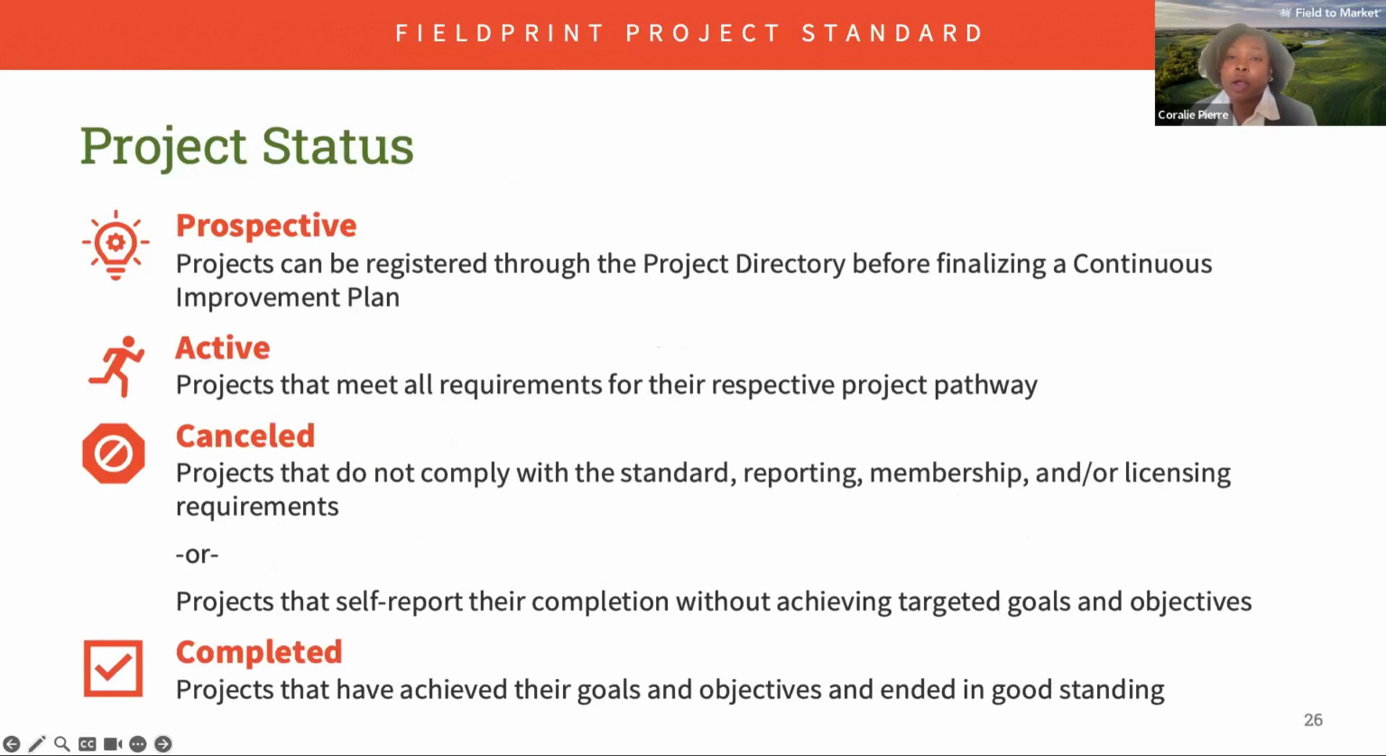So to conclude our overview of the standard element, let's take a brief look at the 4 project status enabled by the standard. First, we have the prospective status. Prospective project can be registered to the project directory before finalizing a continuous improvement plan and will not be made public. Active status for projects that meet all requirements for their respective project pathway and are ready to be published